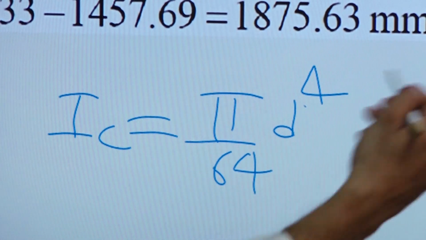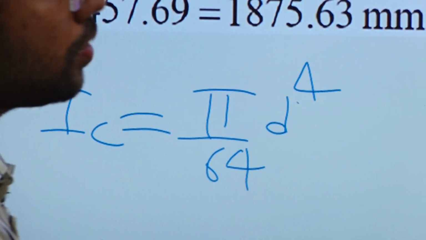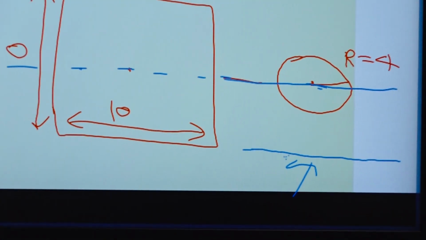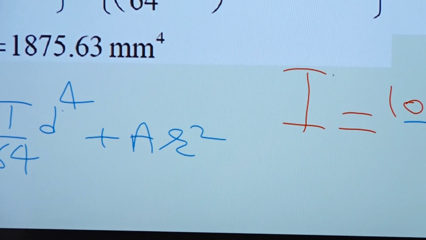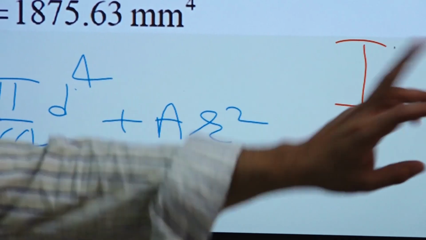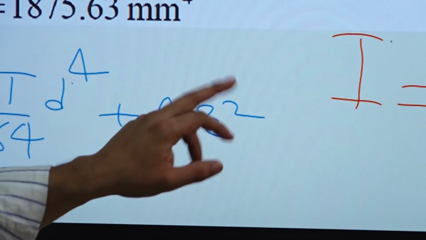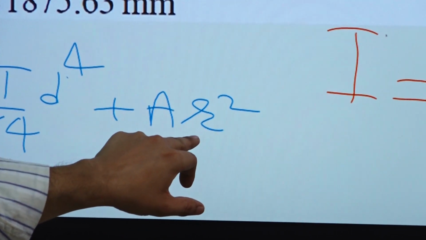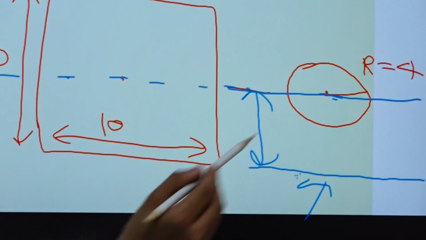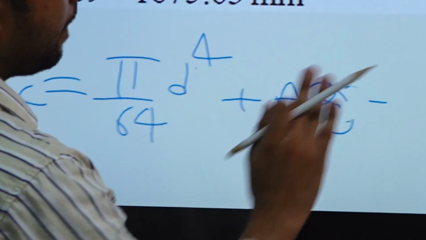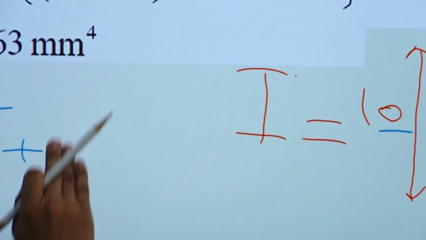Okay, so that is about the centroidal axis, but we have to find out about this axis, right? So what will we do? Plus A r square, right? So what is the area? Area of the circle is pi r square, into r square. So this r is nothing but the difference: it is the difference between this line and this line. Okay, so the area will be, I will write it in numerical form,